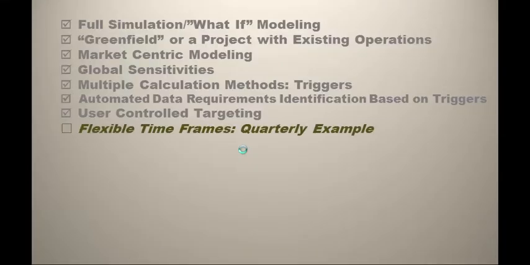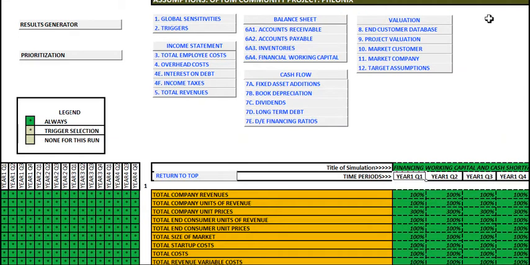The 8th and last video demonstrates flexible timeframes using a quarterly example. This is the Evaluator Modeling Decision Support homepage. The Equitas Modeling Decision Support module has the flexibility to enable the definition of any time frame as representing a single time period. The example here has established that a single time period represents a quarter of a year, and that 4 of these quarterly time periods should be for the yearly time period,